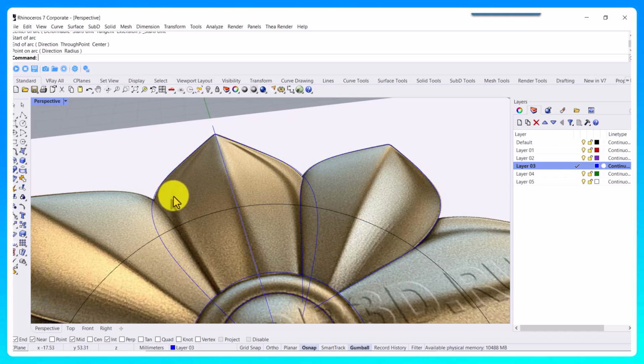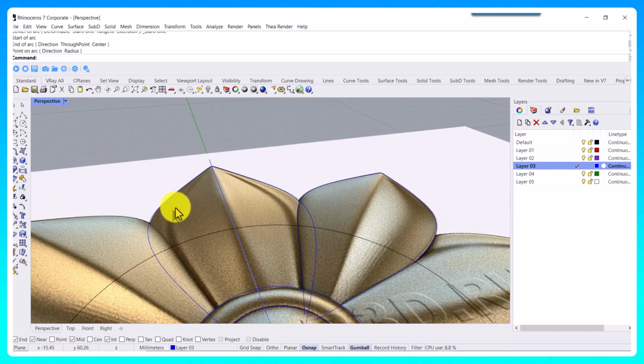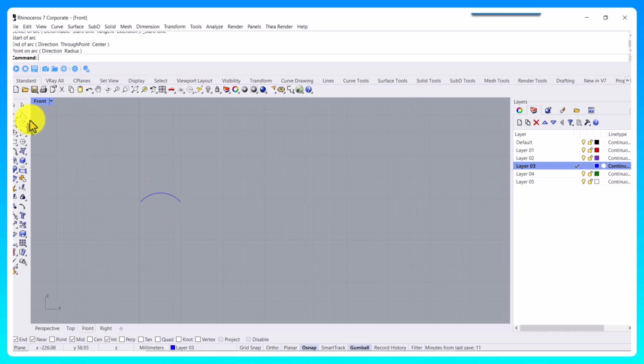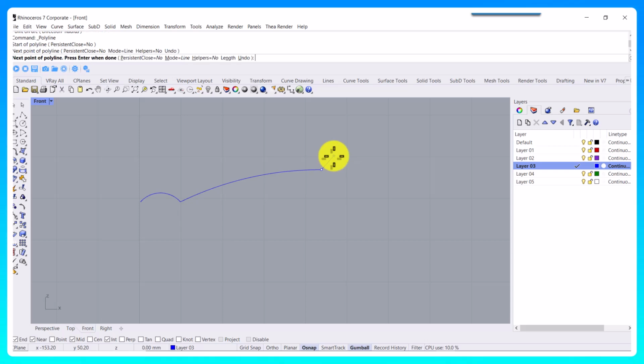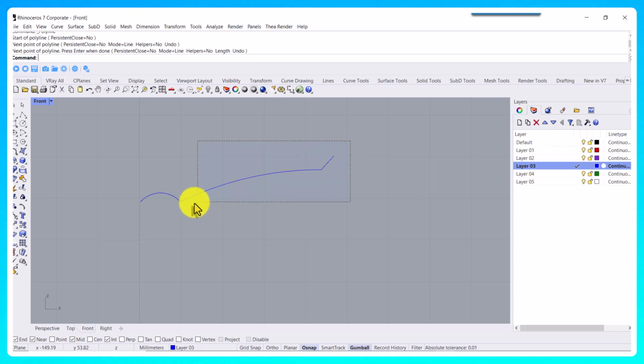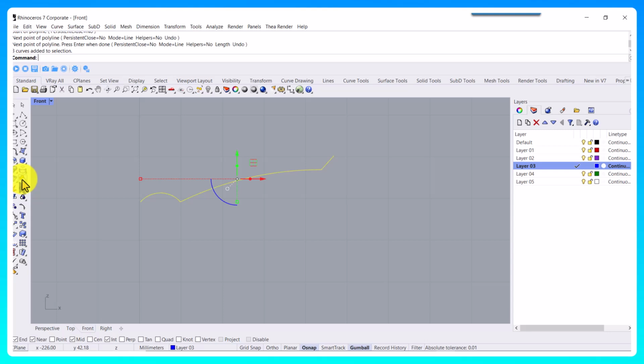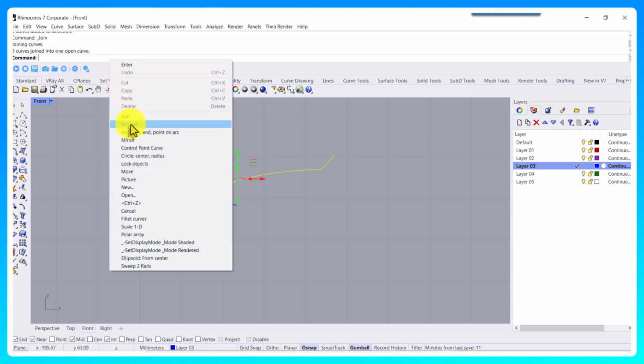It's in the form of a half of a circle in the outer edges. So in front view we drew it. Again we've got another curve like this, I think, and we have something in center. We join them. We use the mirror command for this,